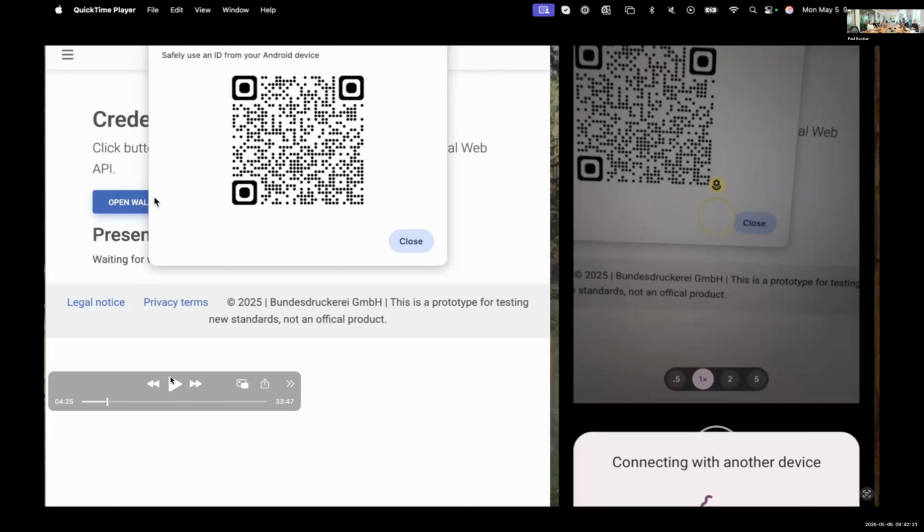And the origin of the page, so where the QR code is generated, is also part of the check, which was also very difficult before, because the QR code is basically just an image, and if you scan the image, you cannot really make sure where the image was generated, in which page. And this is really fixed with this DC API, and just great, I think.